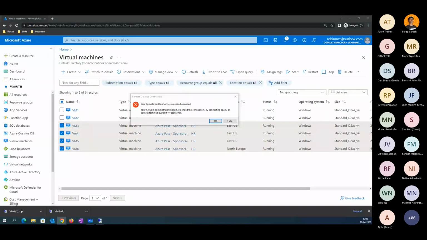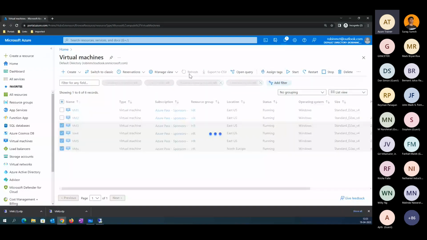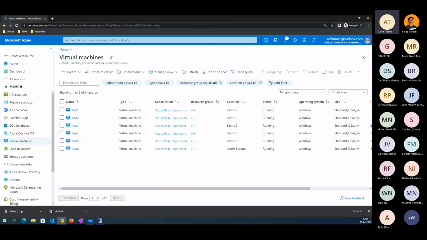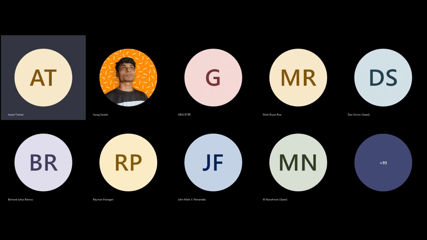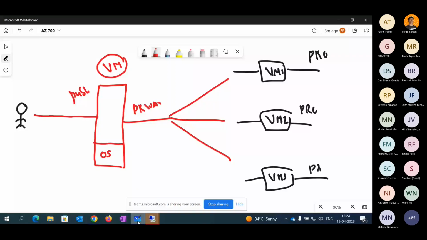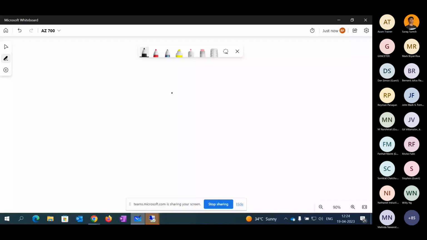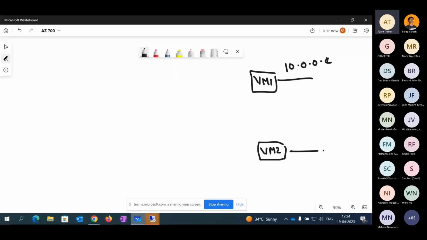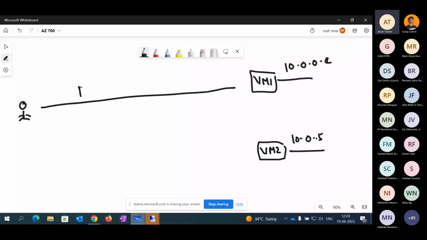Right now you can see we have two VMs configured here without a public IP address. Now, if you go to the whiteboard, you have VM1 and VM2 available. Right now, only two private IP addresses are available: 10.0.0.4 and 10.0.0.5. Now, if I'm a user and I want to communicate to these servers, previously I was using an RDP